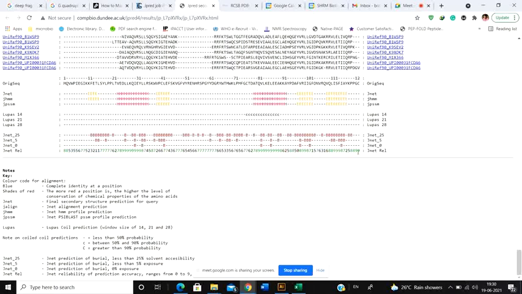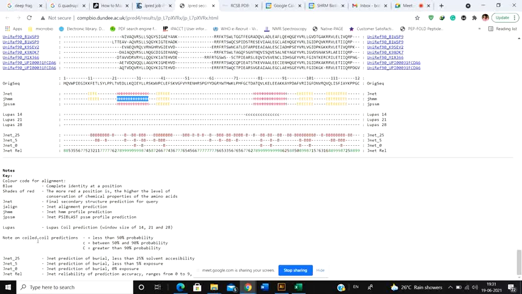Okay, every amino acid, right? And if you simply come down, in this particular case, you see all the things are actually mentioned, and what is what. For example, it is saying that this JNet is the final secondary structure prediction for the query, whereas the JHM is the JNet homology modeling profile prediction. So they are predicting that according to the homology modeling, this part is going to have the alpha helix nature and like that. So this lupus is a coil prediction.